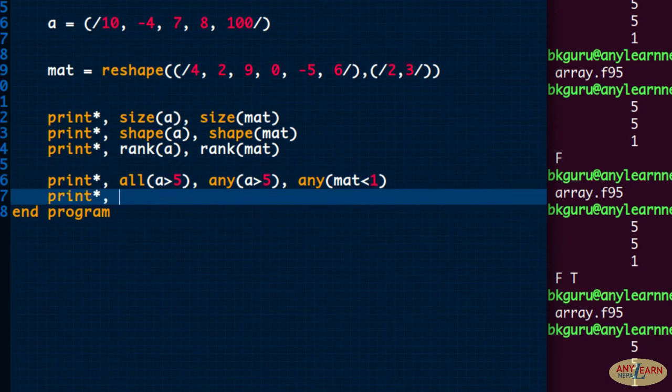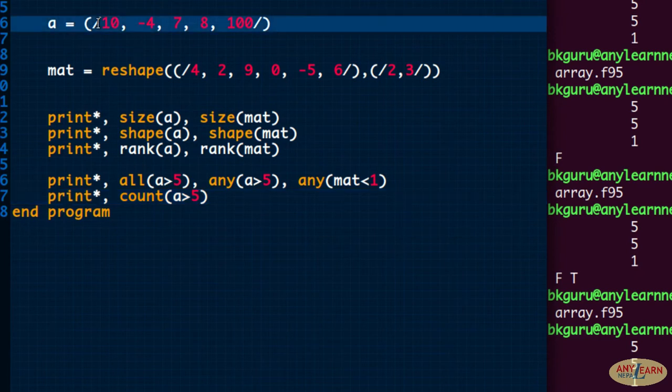You can also count how many elements are less than 5 or greater than 5. So I will say count, and I will say A greater than 5. How many elements of the A array are greater than 5? If I count, 10, 7, 8, 100, there are 4 elements which are greater than 5.